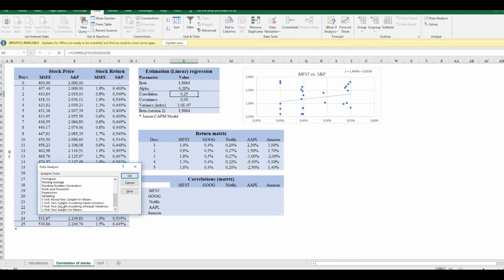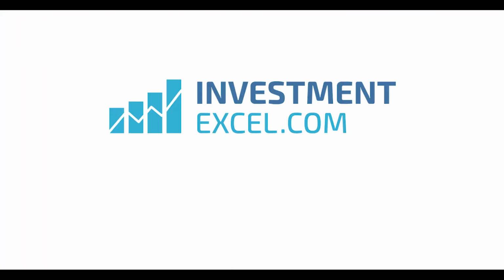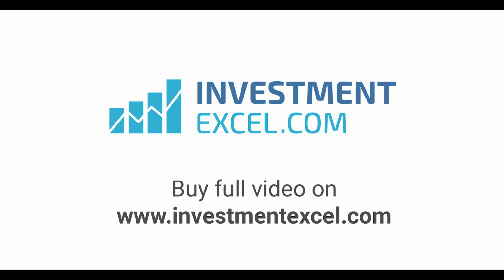So let's find the regression. It's here. Input the Y, Microsoft, input X, which is the S&P, and we will put the results in a new sheet. R square, and we are just looking for the R square here because we only have one exogenous variable, the S&P. So let's just try to